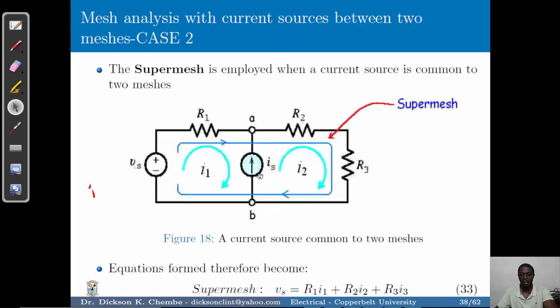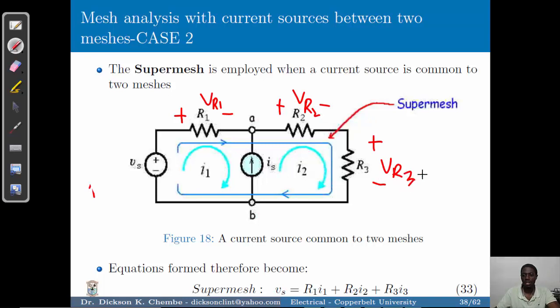And this equation at the current source is obtained as I will show you. So when we look at this circuit, we have the voltage source, resistor 1, resistor 2, and resistor 3. These are resistances that are going to be considered in what we call a super mesh. And to formulate an equation, we apply Kirchhoff's voltage law accordingly to this outer loop, which is called the super mesh. So we begin by explaining KVL, that the voltage source must be equal to the voltage drop. So we have the plus minus, there's a voltage drop there, and there's another voltage drop